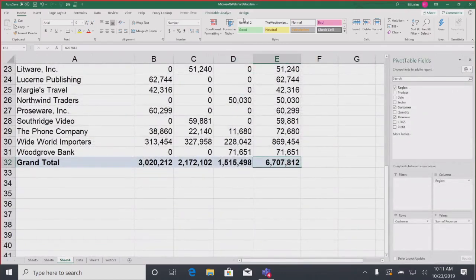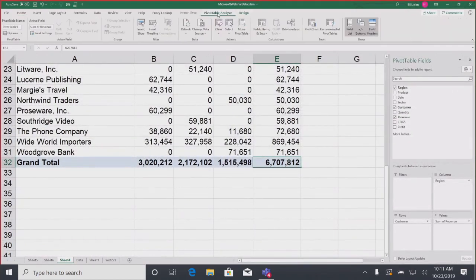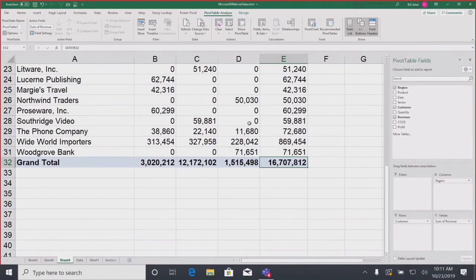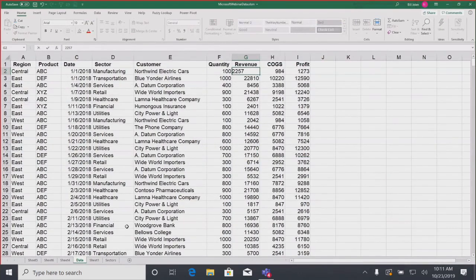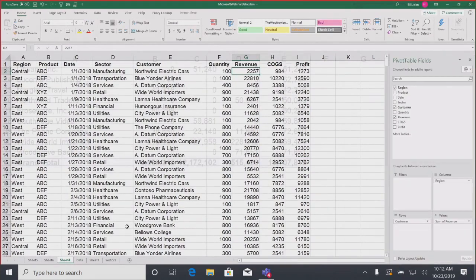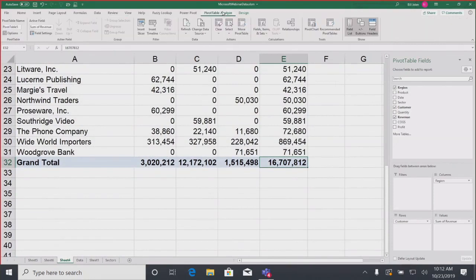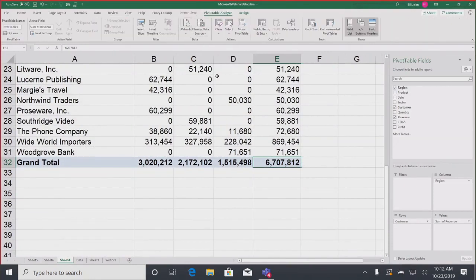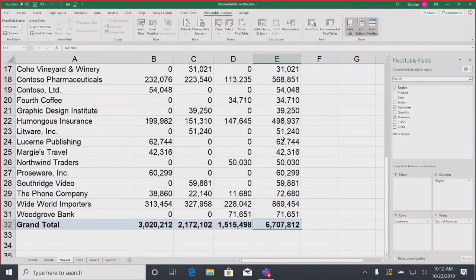To capture that underlying change, come here to the PivotTable Analyze tab. We have 2 tabs active when a pivot table is there. And right here, this refresh button will cause, actually I added 10 million in, will cause that new data to be picked up. All right, so let's go back and get this back to the original data and then refresh here. So just a couple of simple little things you have to be aware of, that if the underlying data changes, you're going to have to refresh the pivot table.